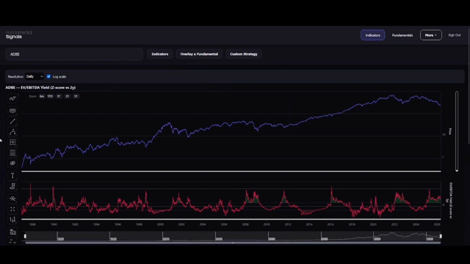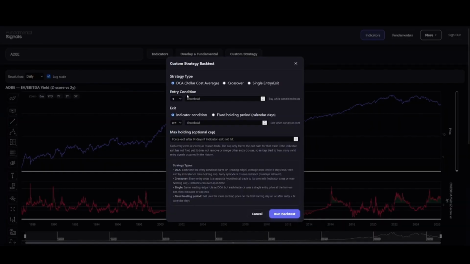Second, EV/EBITDA. This one tells us the same story. When it goes to this green region, it shows that the stock is undervalued. And right now, we've been in this green region for a while. Again, from the same January, and right now we are sitting at, what is it, 2.